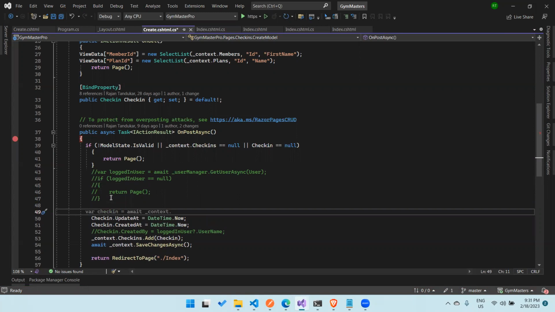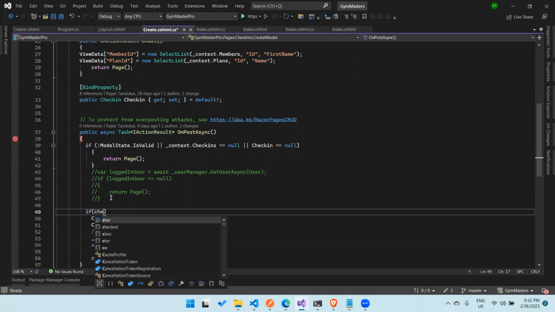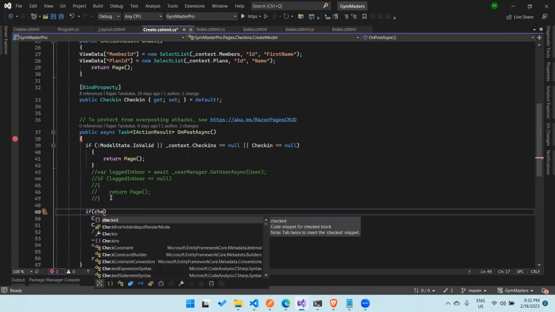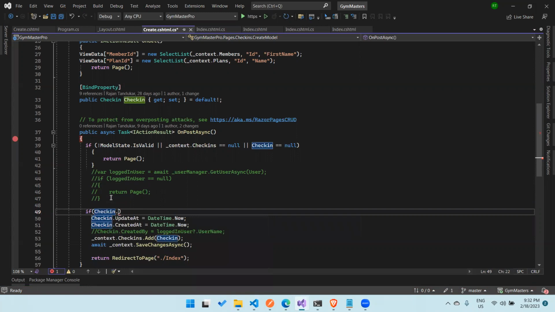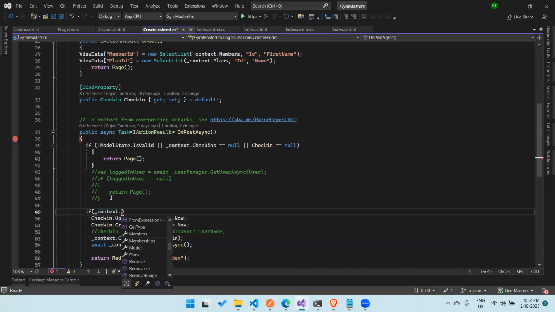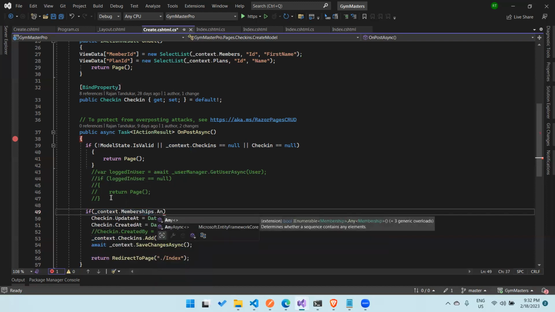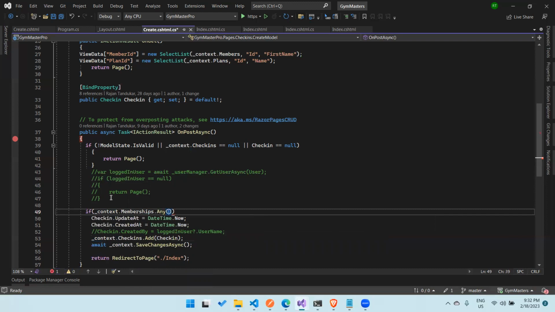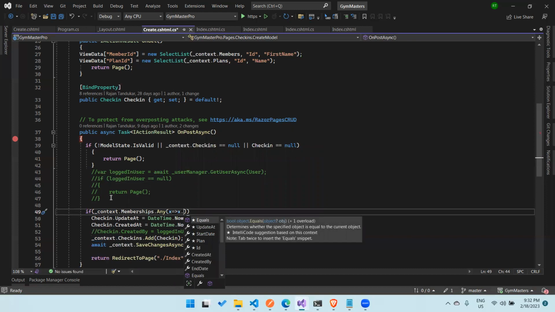Let's check if checkin.MemberId. We will have to check in the context.Memberships, let's say, any of the member